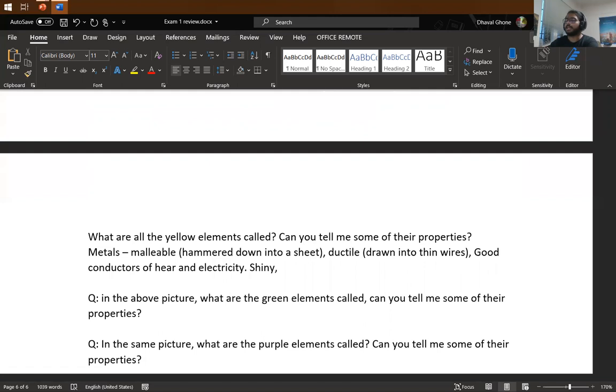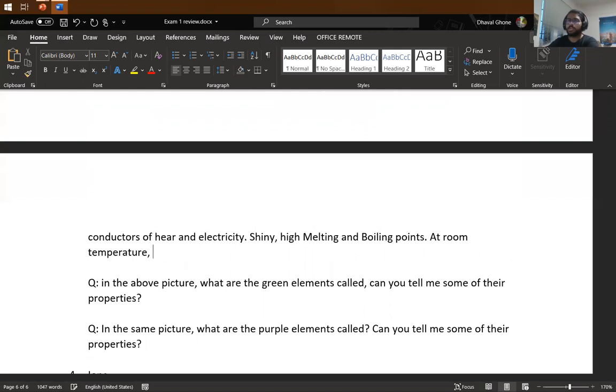And another thing they said is they have high melting and boiling points. And because they have high melting and boiling points at room temperature, which we live at, because they haven't melted or boiled off yet, they are still